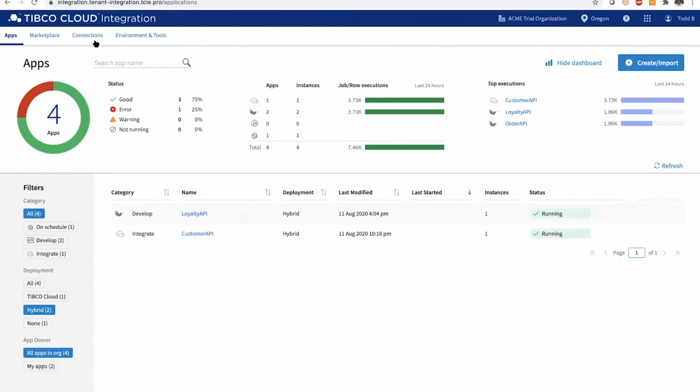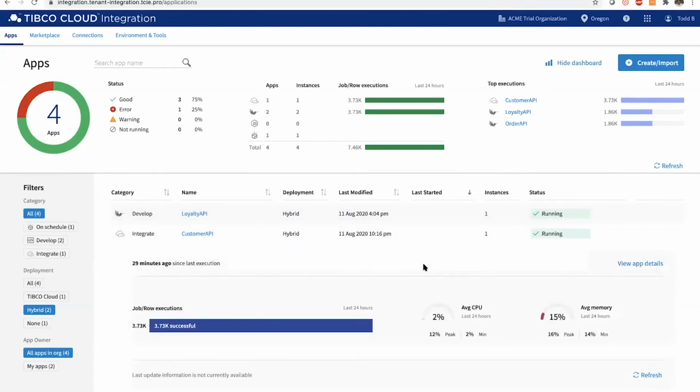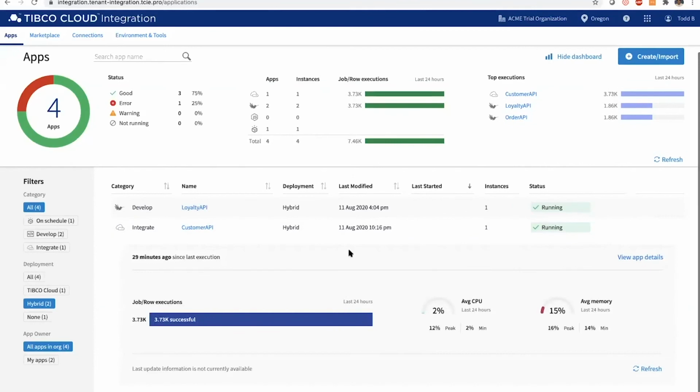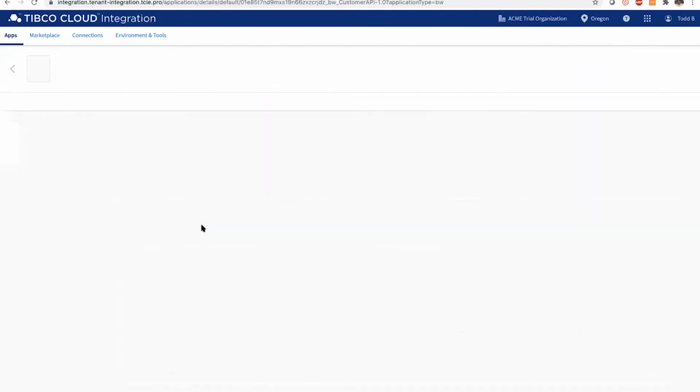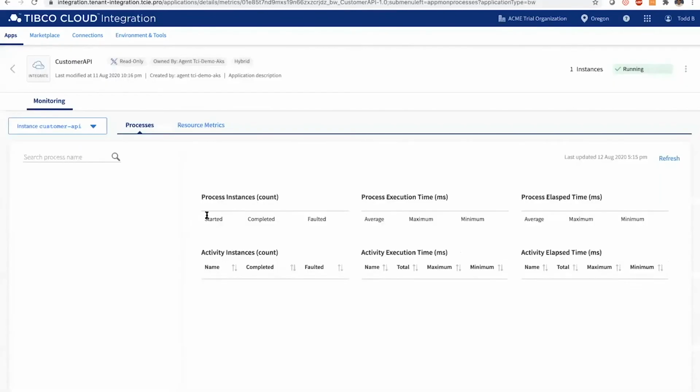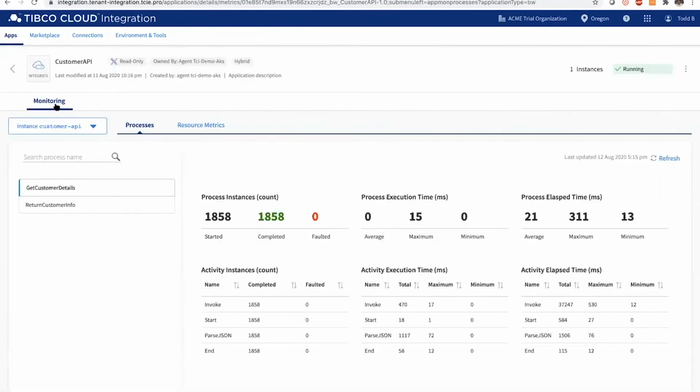On the top level dashboard, if you notice, all the stats from these applications are aggregated on the top level app dashboard. Similarly, you can also see the app peek view for the remote applications. Exact same view you will have for the remote applications. Then you can click on the application or click on view app details option to see more detailed metrics on the monitoring tab for this particular application.